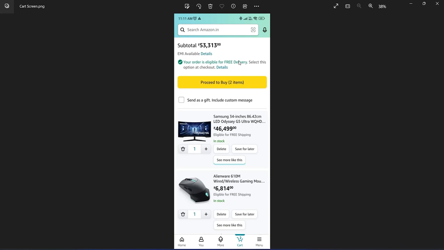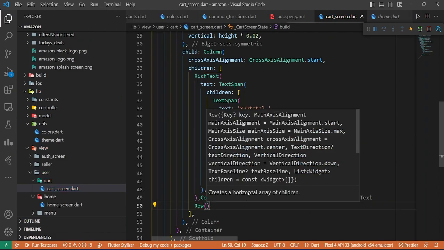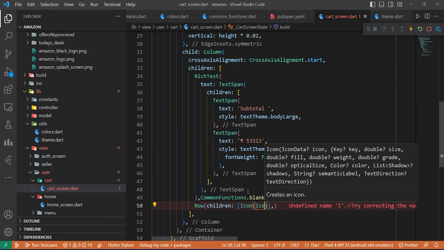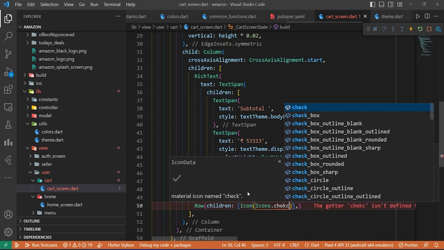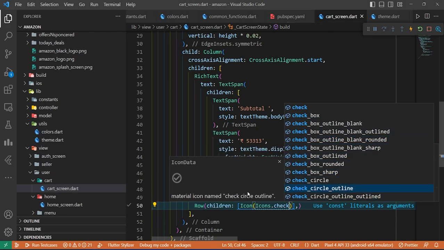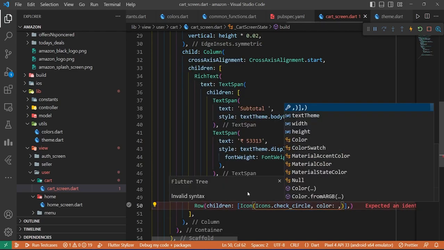We need to go with a row and an icon and then text. So children, icons dot check, and it needs to be a circular check. Yeah. Color